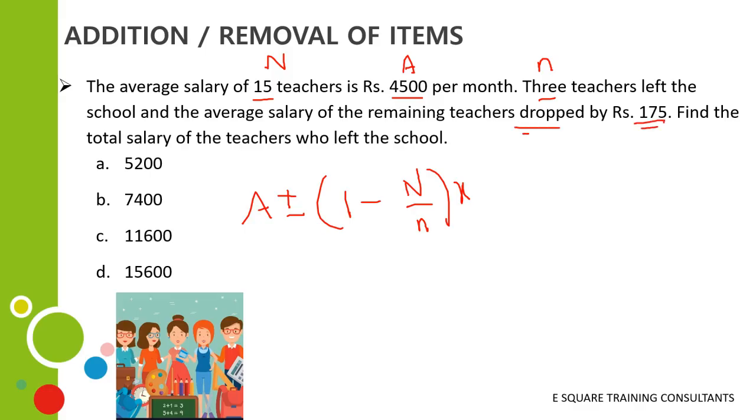So this is going to be A minus. Let me put the values directly. So this is 4,500. I'm going to take minus because it's dropped. Since it is dropped, it is minus 1 minus n. Capital N is 15 and small n is 3. So 15 by 3 into 175. So now we can easily calculate. 4,500 minus, 15 by 3 is just 5. 1 minus 5 is minus 4. Minus 4 into 175 is going to give us